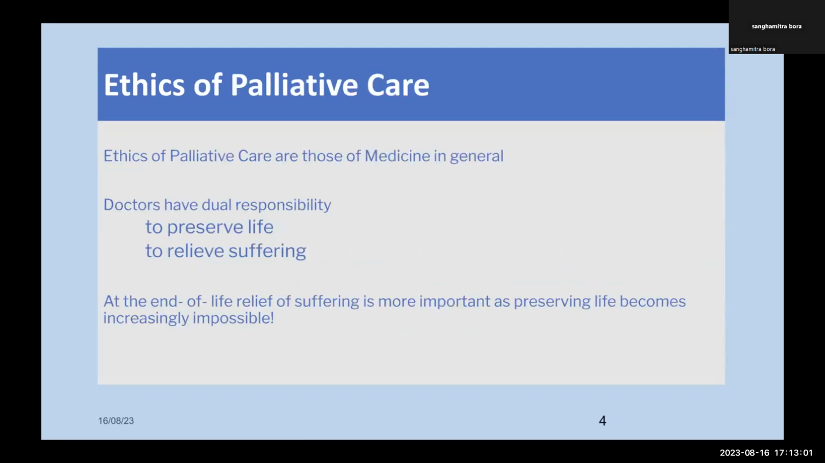And for palliative care, ethical principles are exactly the same as those of medicine in general. We need to understand that we as doctors have a dual responsibility, firstly to preserve life, and secondly to relieve suffering. And at the end of life, the relief of suffering is more important because the preservation of life becomes increasingly impossible. It is important that we focus towards preserving life. We just cannot let a person die. But having said this,